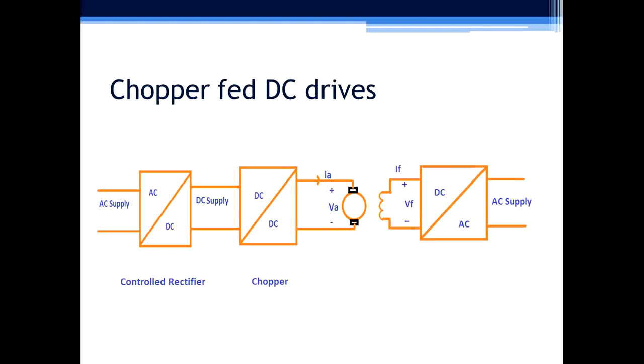In order to create magnetic flux on the field side, we can use an uncontrolled rectifier. So here AC to DC converters are used. If you don't want field control, you can simply use a diode bridge rectifier, which will not change the field voltage or field current. If you want a field control method, you can use a control rectifier, which will change the field voltage and thus you can change the field current. So far we have seen an overview of control rectifier fed and chopper fed DC drives.